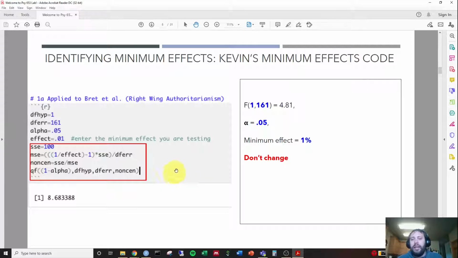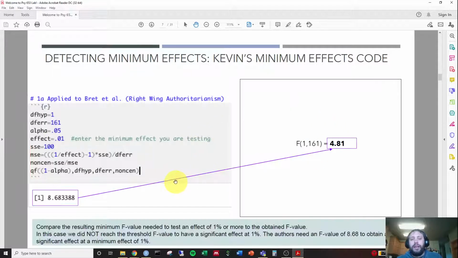And what we're saying is, is it significant for an effect of 0.01, or a minimum effect of 1%? Essentially, because we only got an F value of 4.81, it does not fit the minimum effect of 1%. So you compare the resulting F value needed to test an effect of 1% or more to the obtained F value. In this case, we didn't reach the threshold of F value to have a significant effect at 1%. So the authors needed an F value of 8.68 to obtain a significant effect at the minimum effect of 1%,